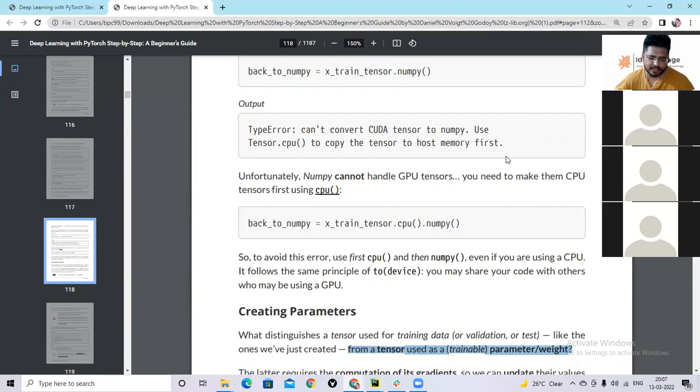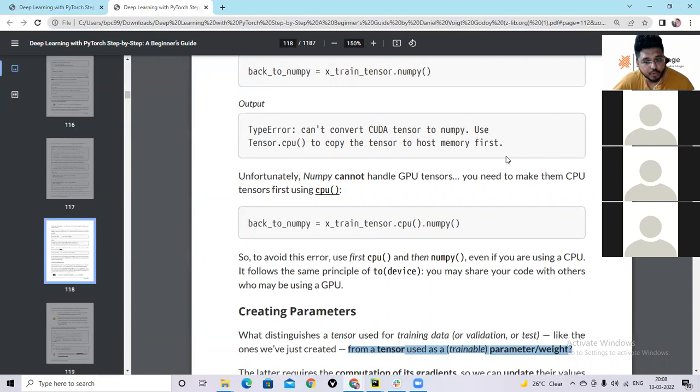So in our y is equal to b plus wx plus epsilon, what is the training data? X and y, right? X is the data and y is the label data, right? What are b and w? Learnable parameters, right?